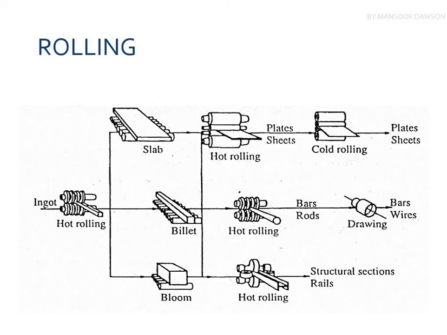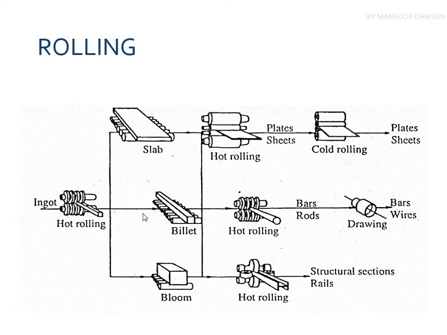So you can say rolling is done from this slab. This is the conveyor roller belt, and you can see that these are 4 high rolling mill in which they have 4 rollers, and your slab is coming from these 2 rollers. So this is hot rolling, and this is done at a very high temperature, usually at the austenitic temperature. And if you want to do a cold rolling, you will do it at room temperature. So this is hot rolling and cold rolling of plate sheets, and if you want to make bars or wires,